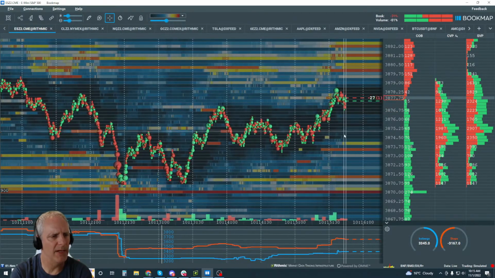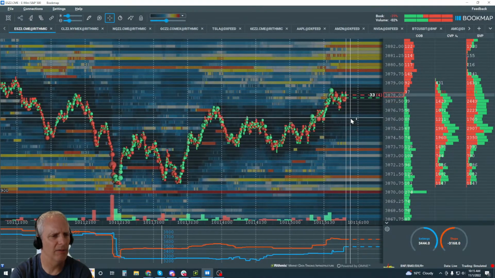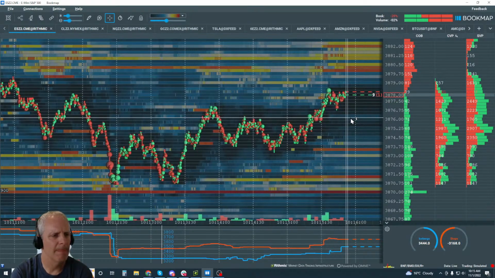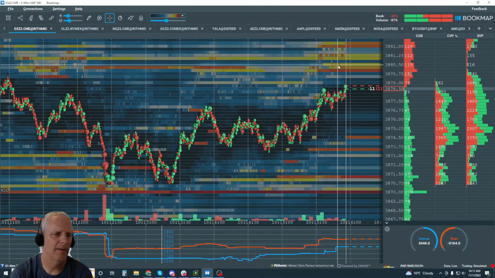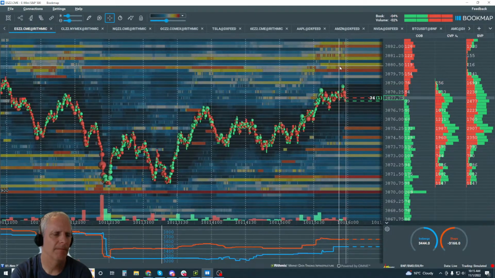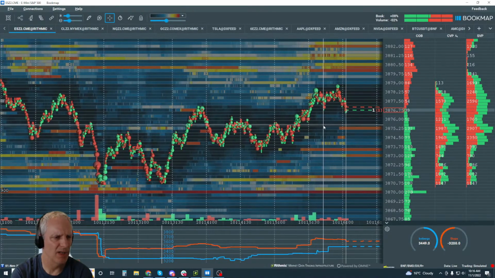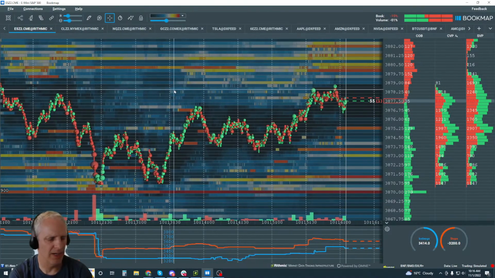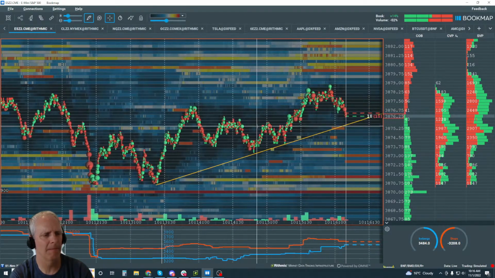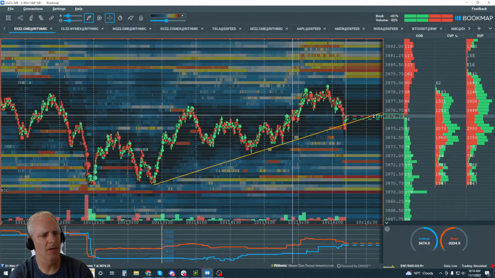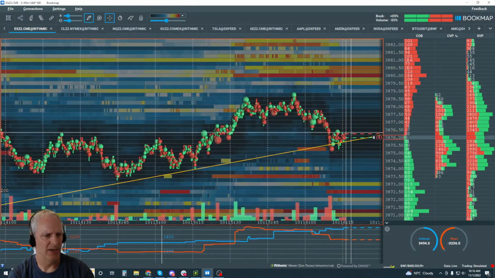Now, the bid is not showing very strong in here. We've got to have that, especially on a reversal. Or at least I want to see that. Okay, a pullback to about here or maybe here looks pretty good. Let's put a trend line in there as well. Maybe we're kind of waiting for a deeper pullback here. There we go. Okay. Let's see if we get more buyers here.